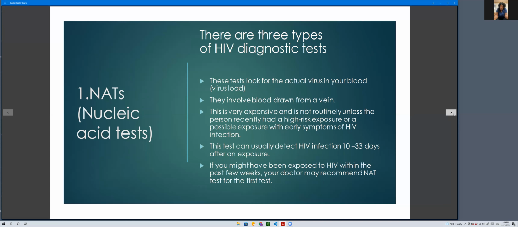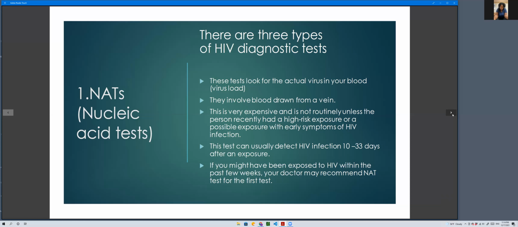This is very expensive and it's not routine. It is used when the person recently had a high-risk exposure or a possible exposure with early symptoms of HIV infection. The test can usually detect HIV infection 10 to 33 days after an exposure. If you might have been exposed to HIV within the past few weeks, your doctor may recommend a NAT test for